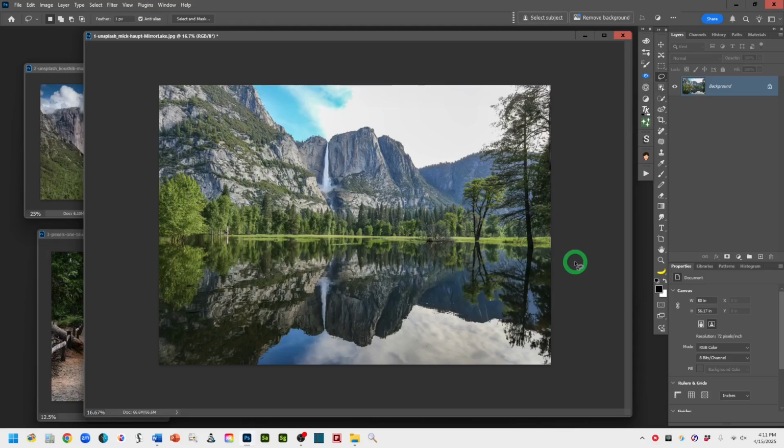Okay, so this is the demo on how to create Photoshop color styling templates using adjustment layers. So I'm going to use this as my base image, this image from, I guess it's Mirror Lake in Yosemite. And the first thing you want to do before we do anything is duplicate your background layer